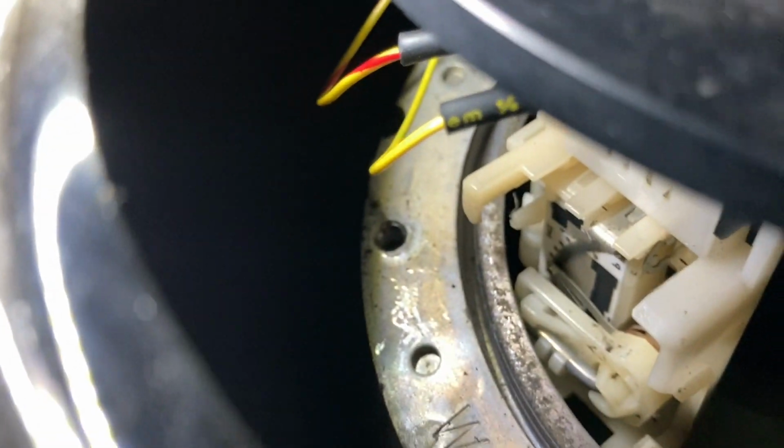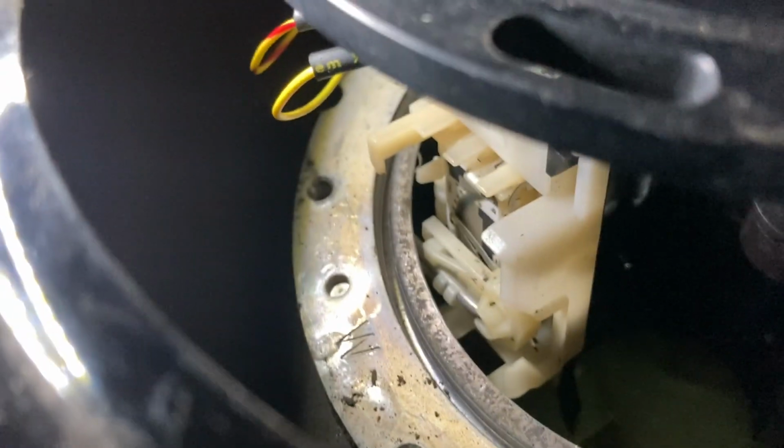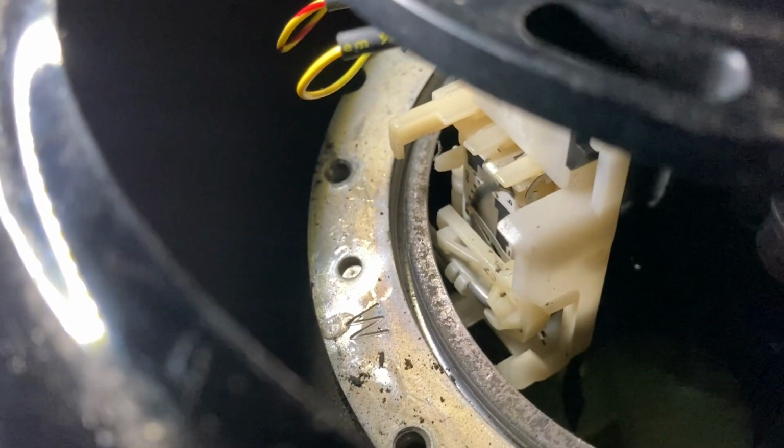The problem we're having now is that we're getting caught right here. Around the tank is very tight. So I'm gonna try to see if I can get that off real quick and then get it in the tank. Alrighty guys, so right now we're gonna head over to our local hardware store and grab some new bolts,